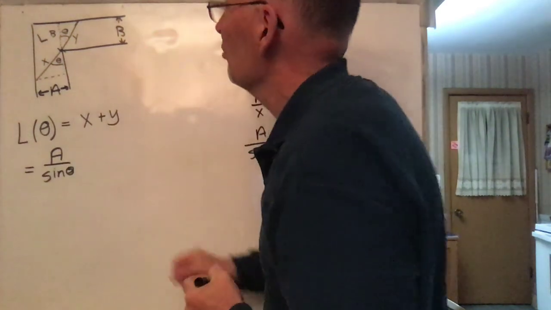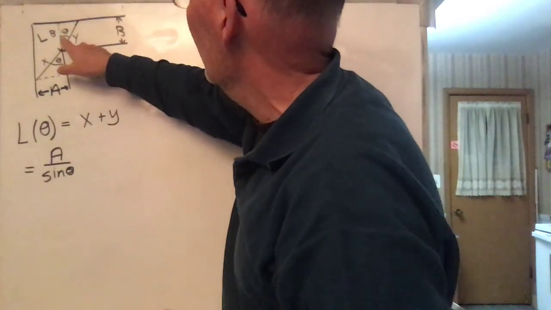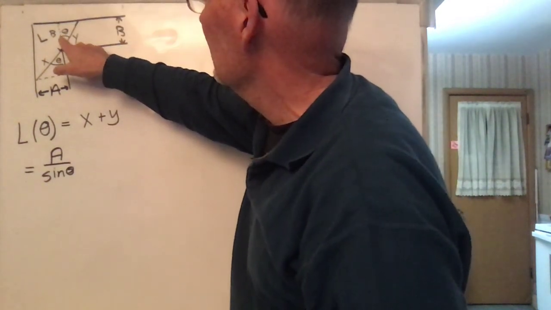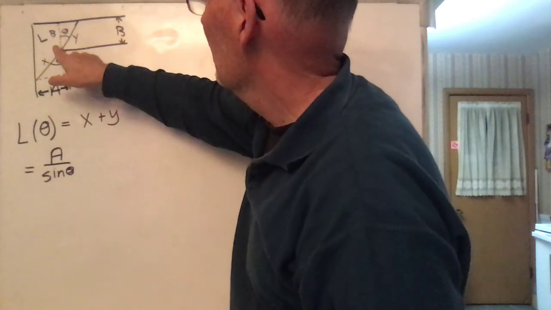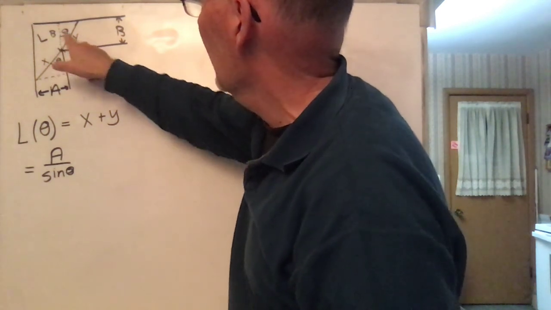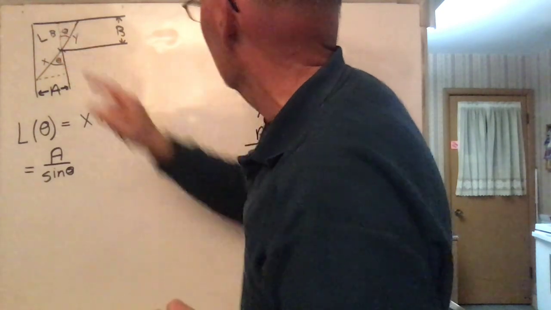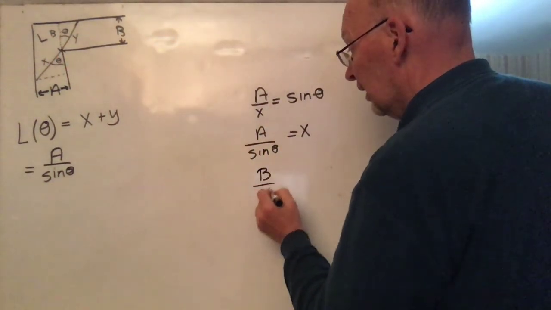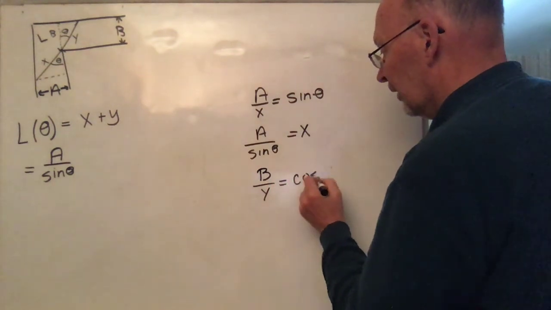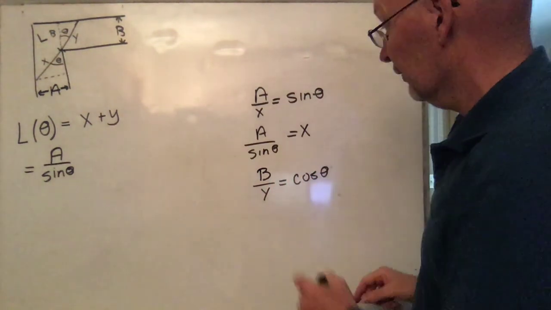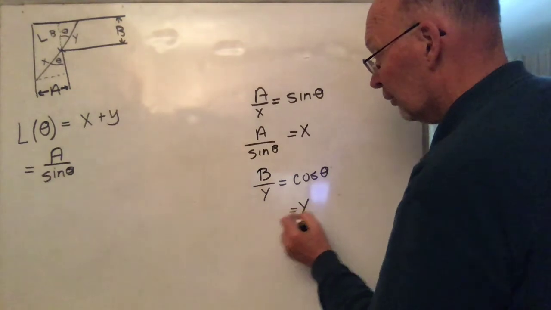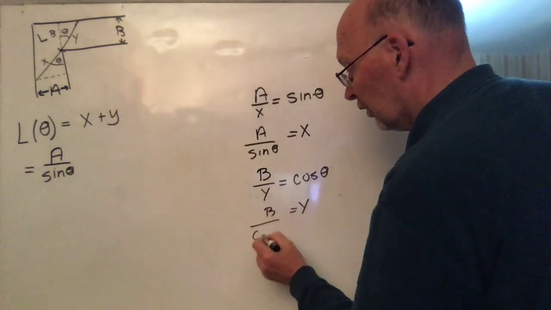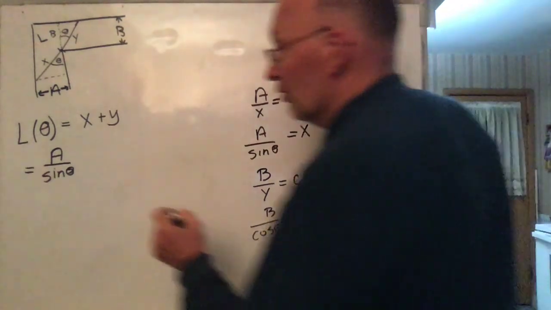And so for this angle, the adjacent over the hypotenuse is the cosine of theta. So b over y is equal to the cosine of theta. So if you solve it for y, you get y is equal to b over cosine of theta. So we can write that